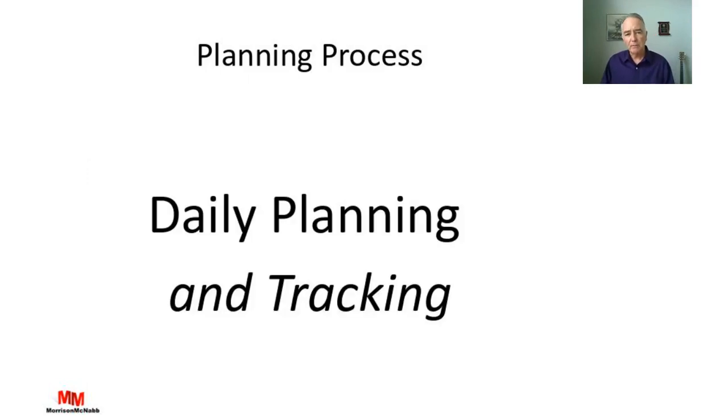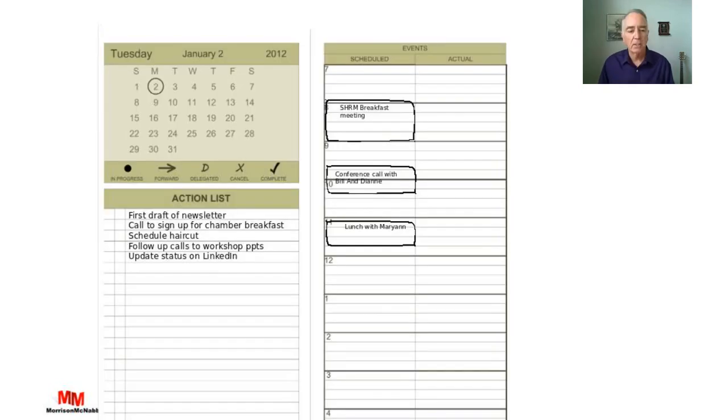So start with the daily part of it. It's daily planning and tracking, and this is what the right-hand side of that 2-page per day part is for. It's also tracking and documenting your activities in a way that has that information be available to you when you need it. So we'll be describing how that works as we go along here. All right, so let's see. Daily planning and tracking. The next step is, okay, this looks familiar, right? This is what I showed you before.